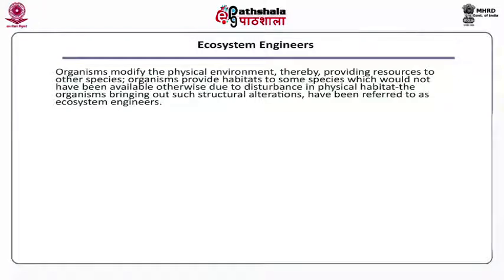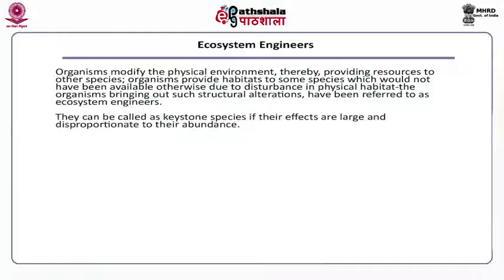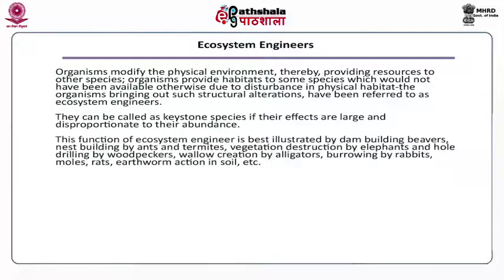The organisms bringing out such structural alterations have been referred to as ecosystem engineers. They can be called keystone species if their effects are large and disproportionate to their abundance. This function of ecosystem engineers is best illustrated by dam-building